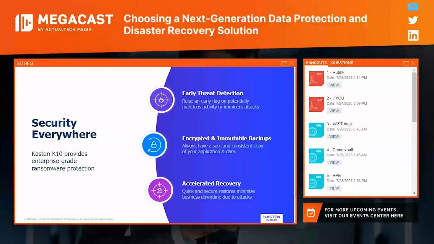So obviously security, as mentioned before, is really important there. Early threat detection, we can make sure we're raising flags early, tying into things like ACS, AWS GuardDuty, making sure that we are raising flags as soon as we see threats or any sort of issues impacting our backups. So I want to make sure we can tie into those monitoring and security incident managers. Obviously, we support encrypted and immutable backups. We support out-of-the-box end-to-end encryption. As mentioned before, we also support things like HashiCorp Vault, as well as AWS customer managed keys, and very quick recovery. Right, so that's the key here. It's very important that we have an easy UI, and that can really help in terms of your recovery time.